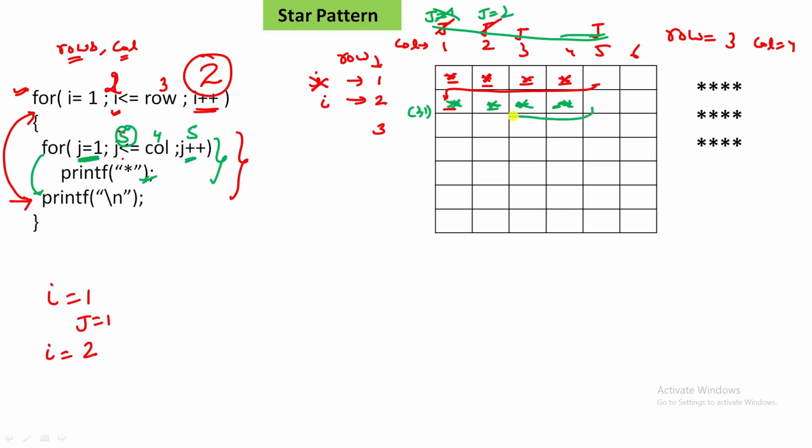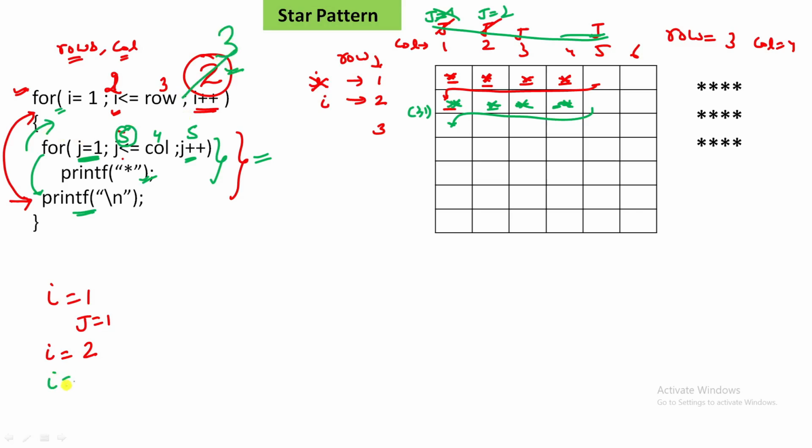My cursor will come here with the help of this \n. Because if I come here, printf \n, my cursor will come here, right? So for the second row also, I have done everything. I have not used this i variable inside this inner for loop because this i just keeps track of the number of rows. Now after this, again I will go here and I will do the same i plus plus